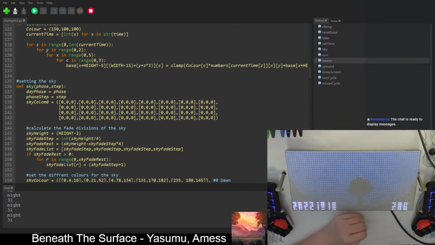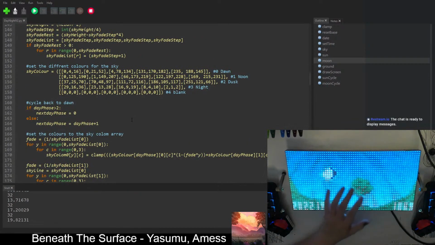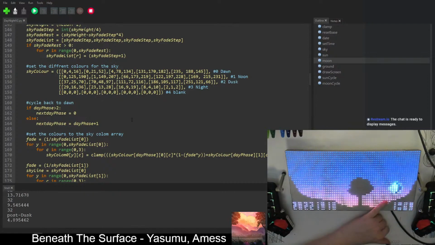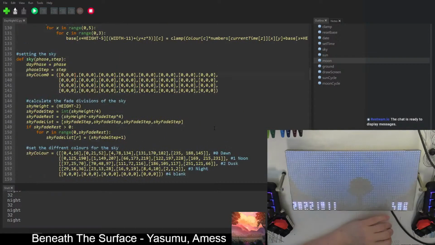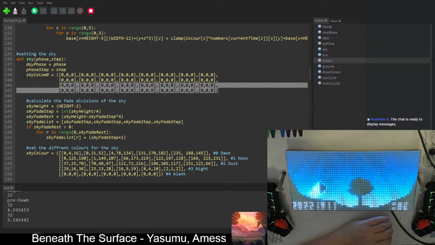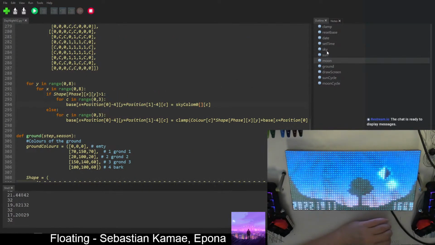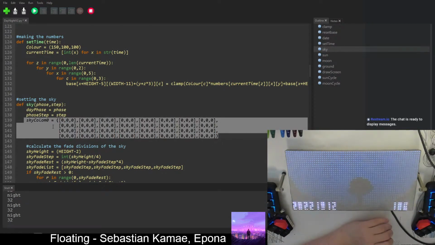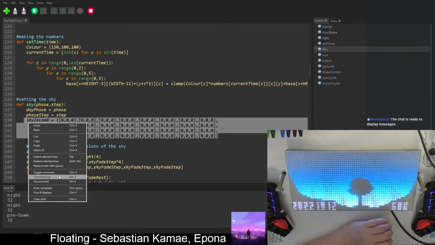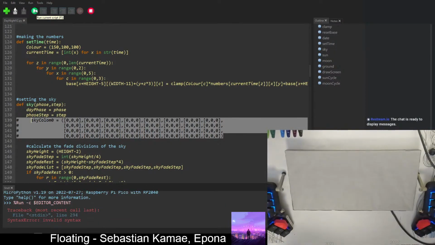Because here I reset it back to 0, but then immediately after I fill it up for it to draw the sky. Conundrum. What happens if I comment this out? Wait, no. Let's say comment out. I don't think that's the problem, but